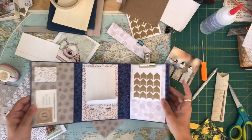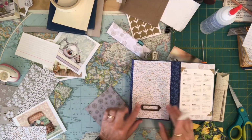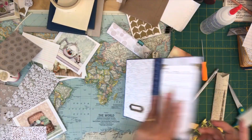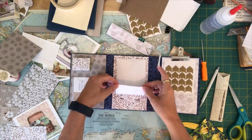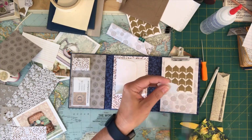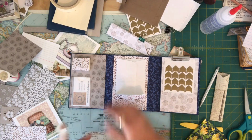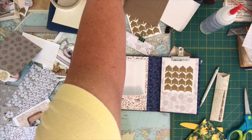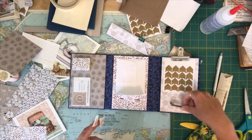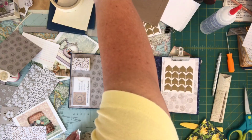Okay, so what I was playing around with for the front cover, I decided I wanted to add a book plate. So I kind of jumped the gun when I started gluing things on the inside. I was lucky enough that I could peel my envelope back and put my little brads through the cover. And all I did was use my awl. I laid my book plate down onto the cover like so, marked it with my pen, removed my book plate, and punched the holes through the book cover